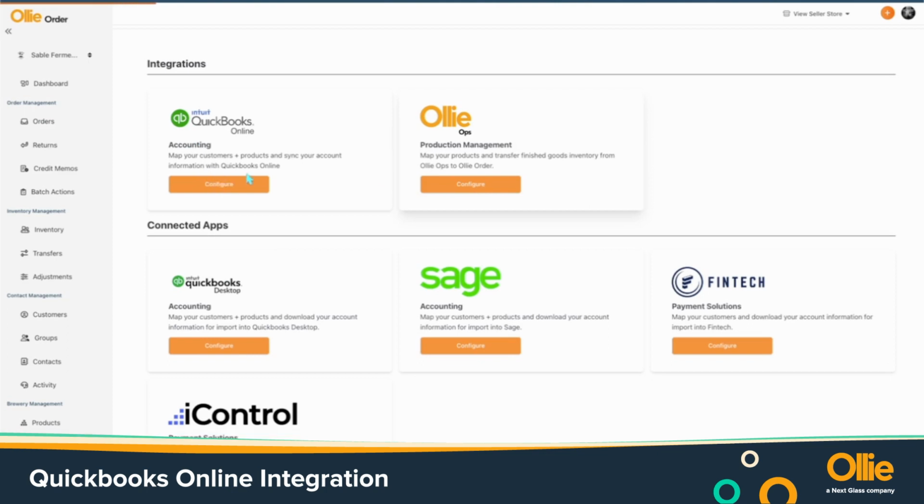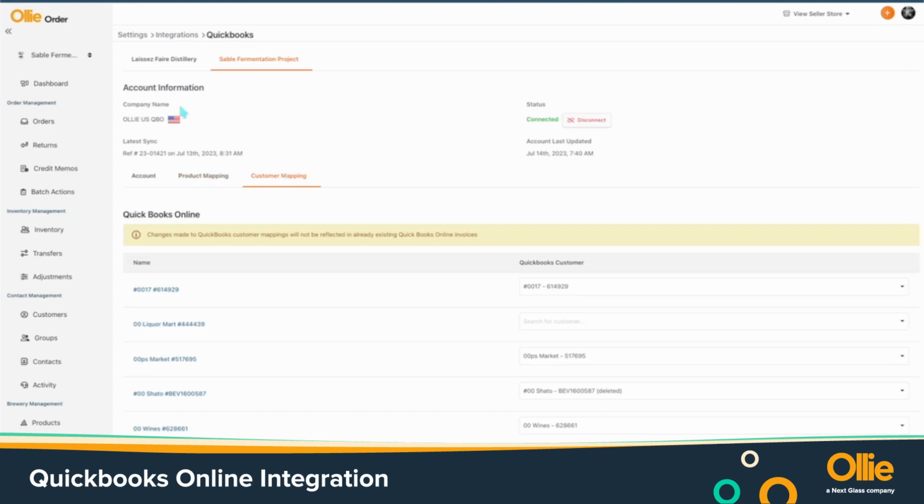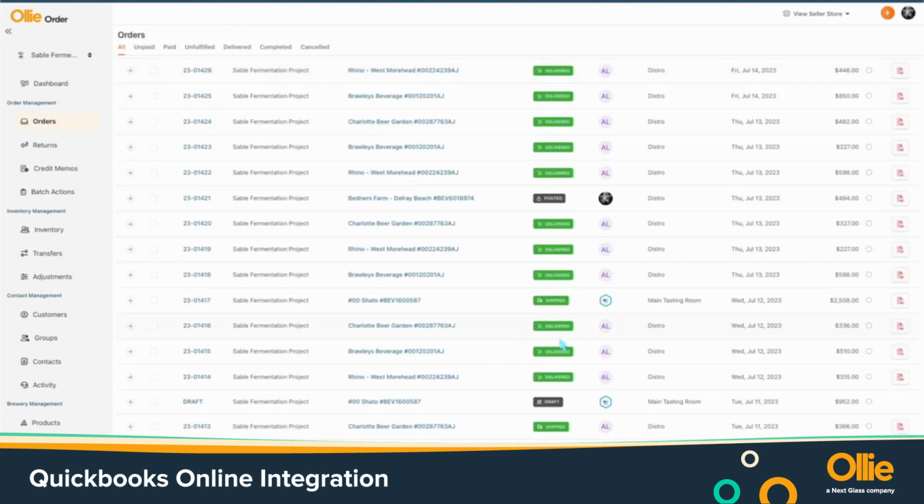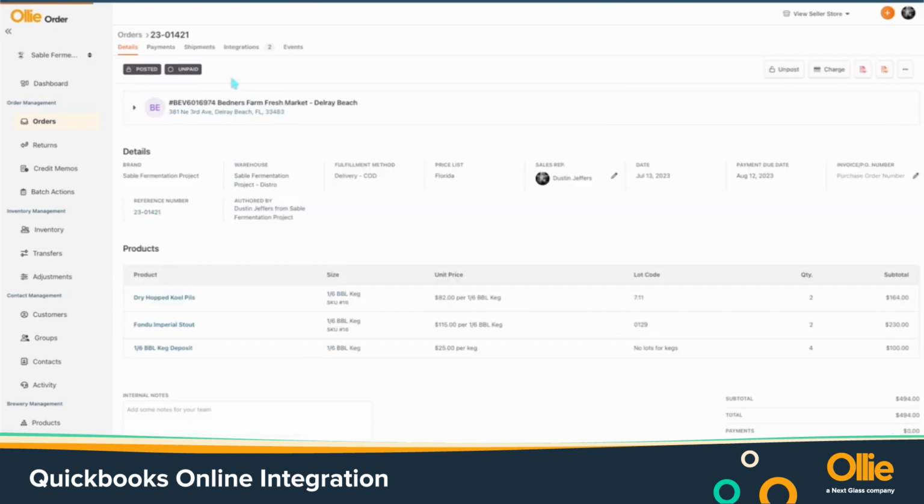We'll now go over the two options of when you want your invoices to sync to QuickBooks. So when this sync non-posted orders is set to no, when you move from a draft to an accepted stage, nothing is going to happen yet in QuickBooks. Once you move from accepted to shipped and delivered, still nothing is going up to QuickBooks. Once you move from the delivered to posted stage, an integration will happen,